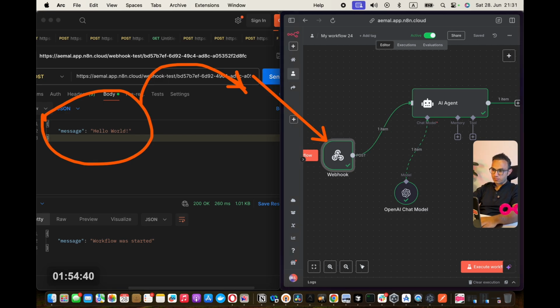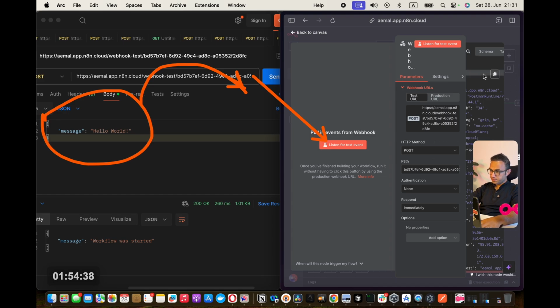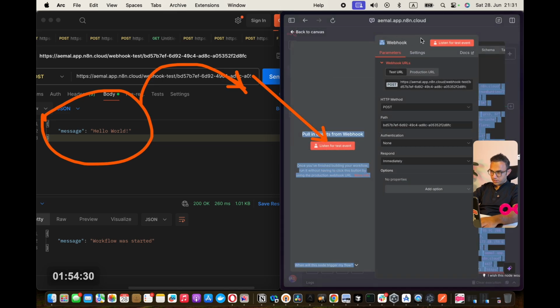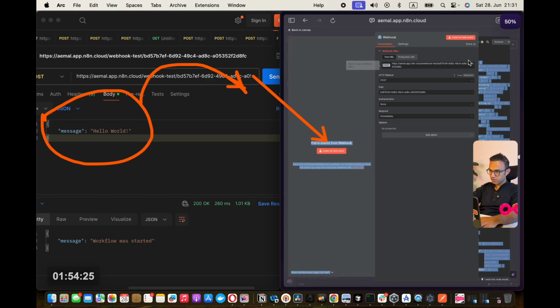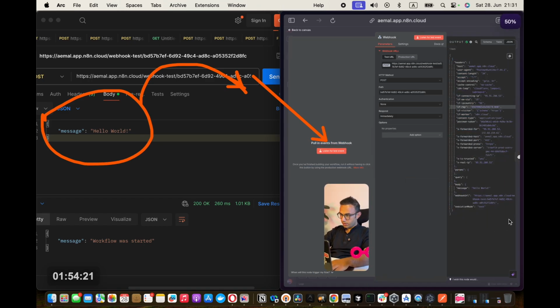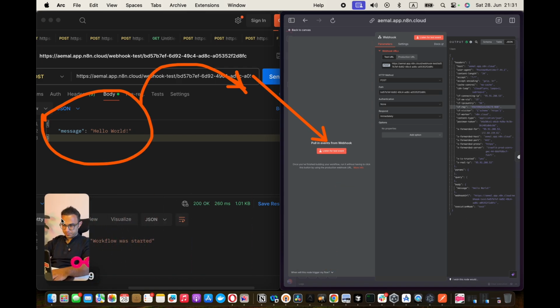Pardon me. If I open this, you can see, by the way, this window can be resized, so you can resize it like this. Let me quickly resize this so I can show you here. Look what is there.